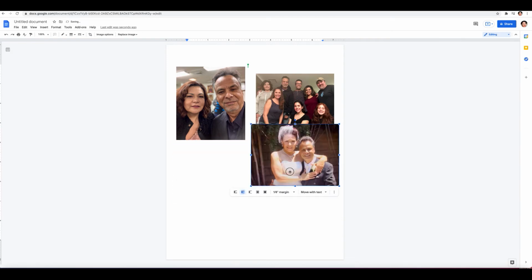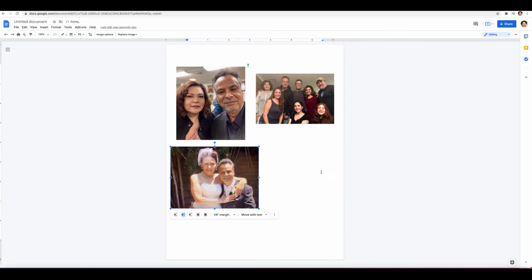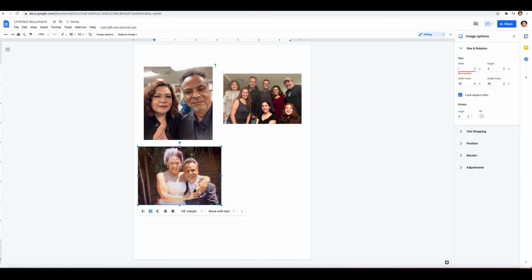I think the last time I printed six images on this one. So I know I need this image to be like 3 3/4 by 3 3/4. So then I'm going to go to image options. I'm going to click on the picture I want to change, and I'm going to go to image options. So it's going to open this up for you. Here I'm going to go to size and rotation, and I'm going to take whichever one is the biggest, width or height. You're going to go to that number. You're going to take it off, and you're going to go